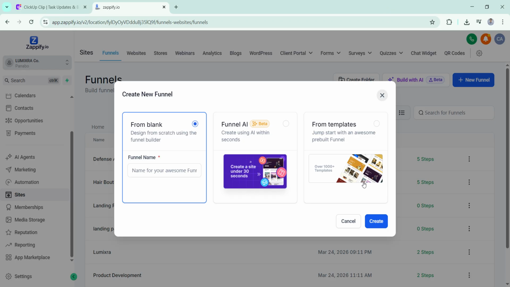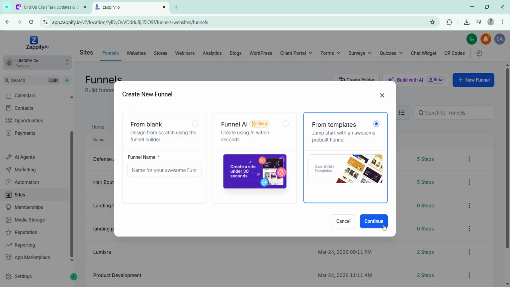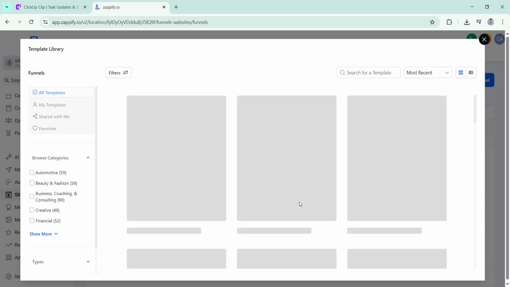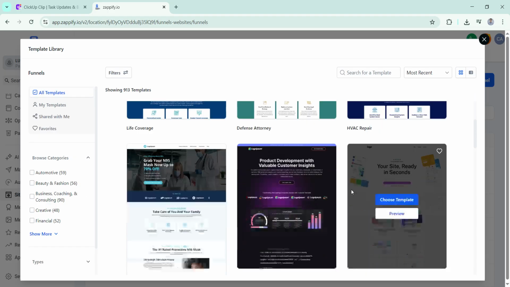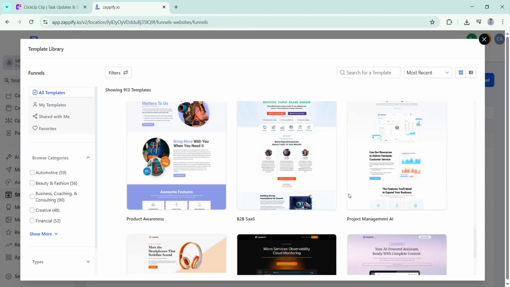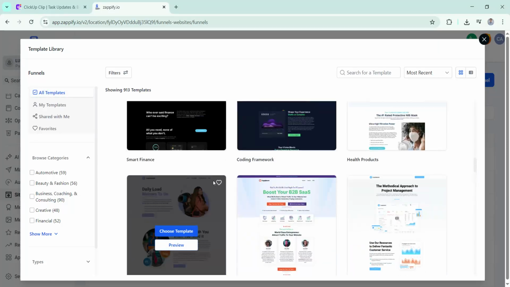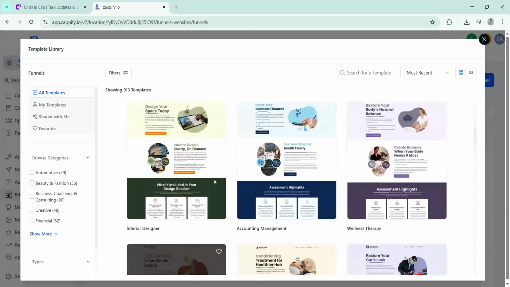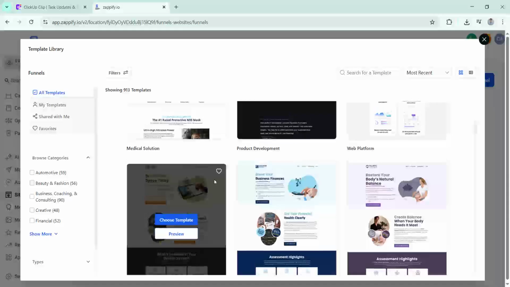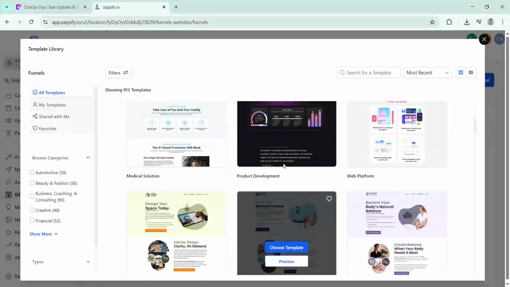Okay, so let's create a funnel from templates. We can choose as many templates as we want, or a design of our preference.